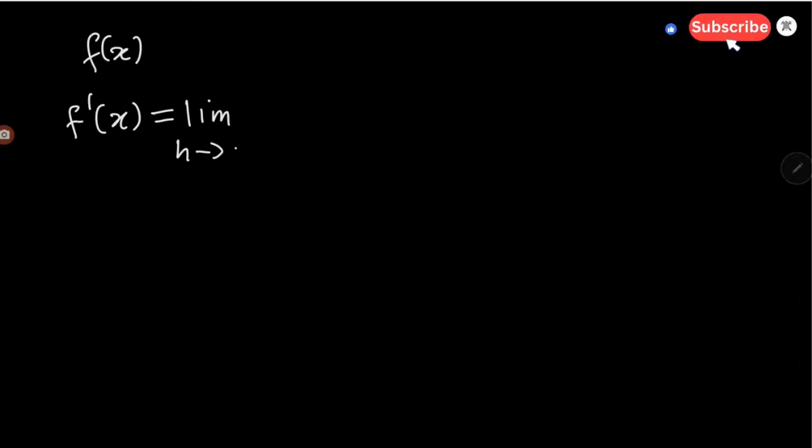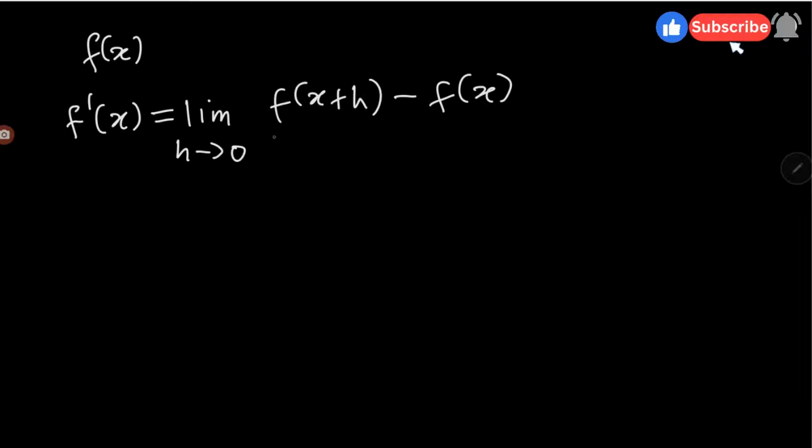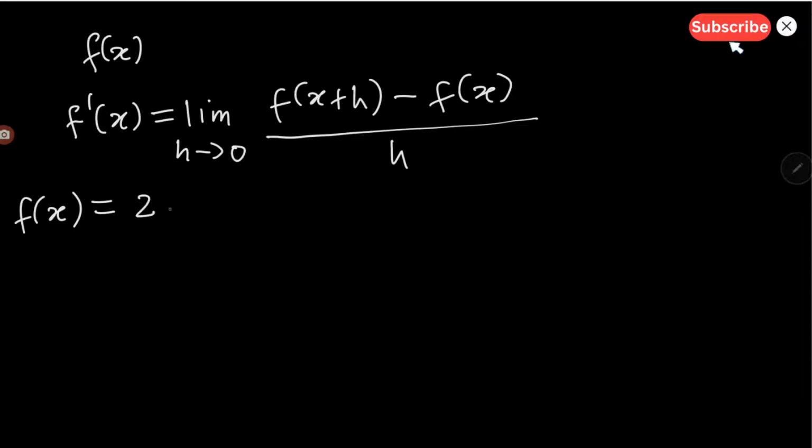So we shall differentiate functions by first principles. What it says is, if you have a function f of x, its derivative, which we call f prime of x, is defined by the limit as h goes to 0 of f of x plus h minus f of x, and this is over h. So that's the formula we apply. For example, if we have f of x as 2x squared,